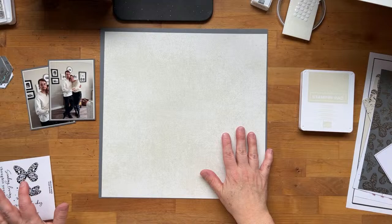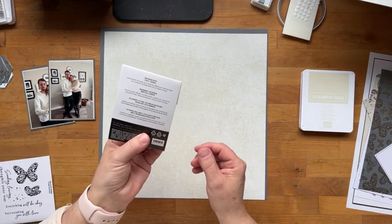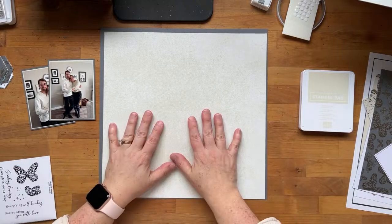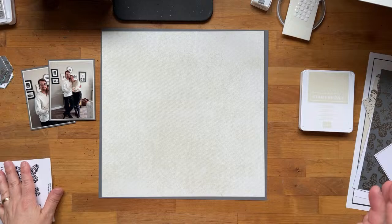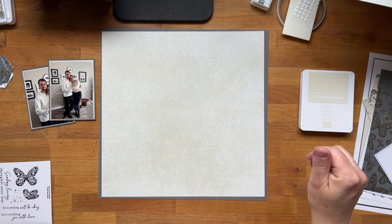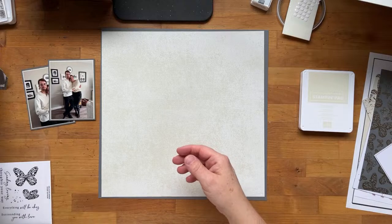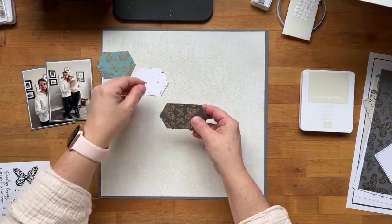The other things I've pulled out are some embellishments, because I always like to include embellishments. These are the iridescent foil gems. And then I've pulled out one of each of everything that is in the kit. Now I've pre-done some things because I knew it would take a little bit of time, because I wanted to take this label shape and die cut a bunch of pieces